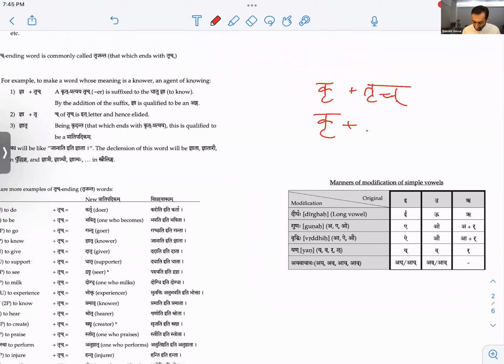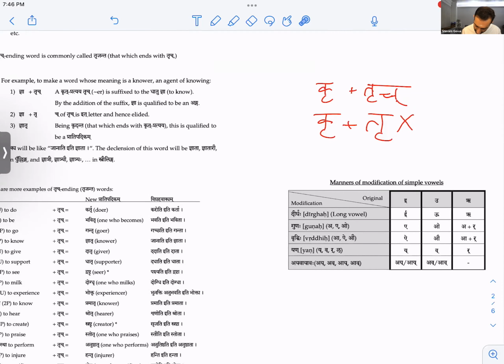First, the Chakara goes away, and it's just Tr. Chakara goes away because it's an it letter. Now this is an Anga, and this anga can take guna when added to trich.